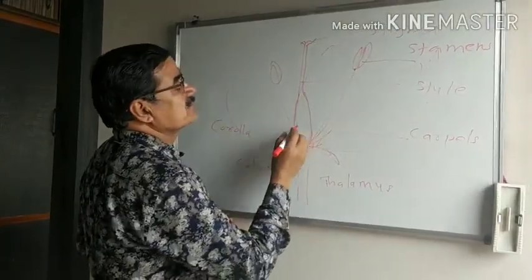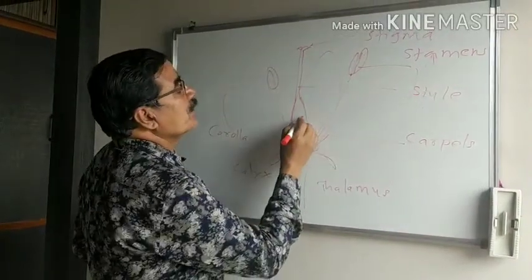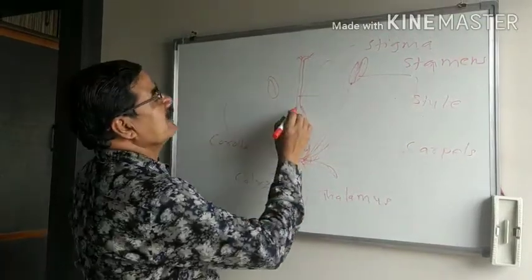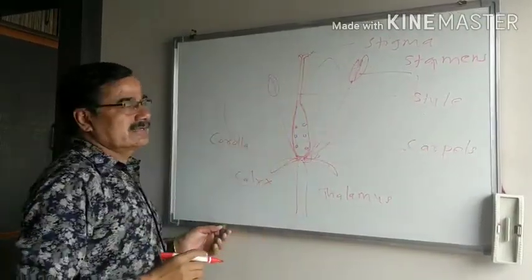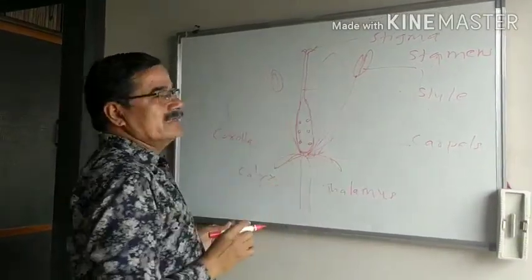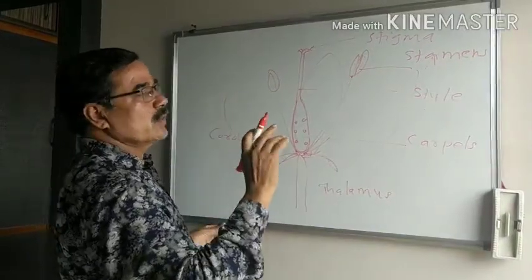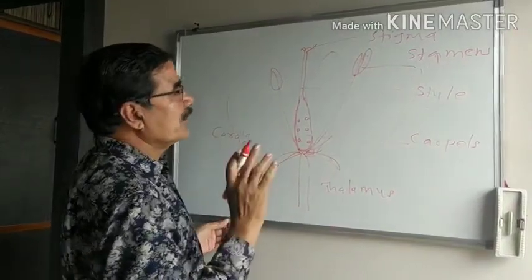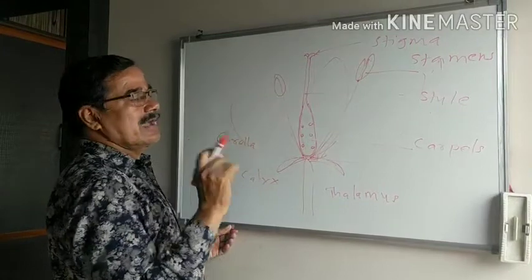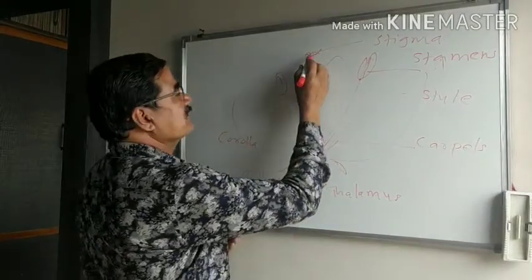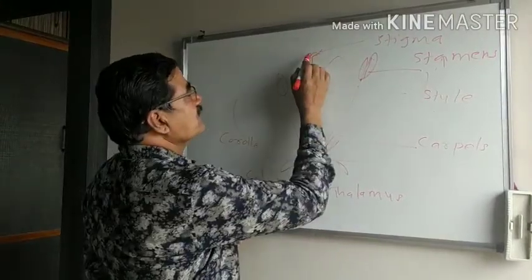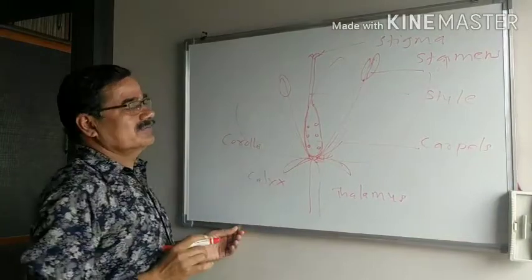Carpel consists of the ovary. Ovary consists of many ovules. Towards the tip, it has a slender structure known as the style. Style is meant to raise the stigma so as to position it for pollination. Stigma towards the tip is either capitate, knob-shaped, bifid, trifid, or pentafid. Stigma is the organ of pollination.